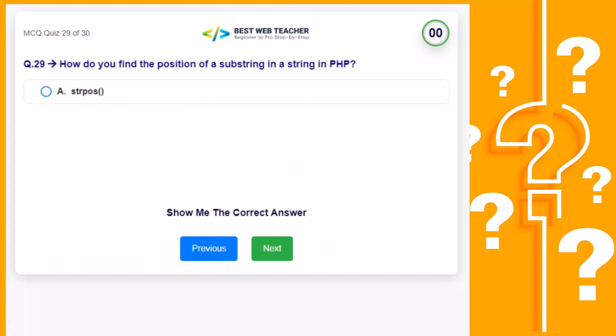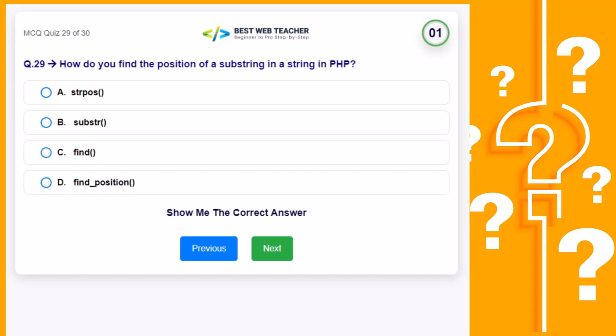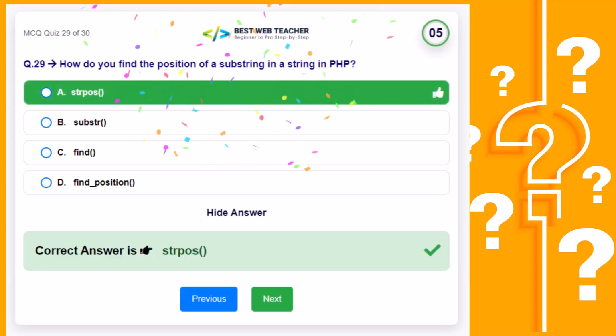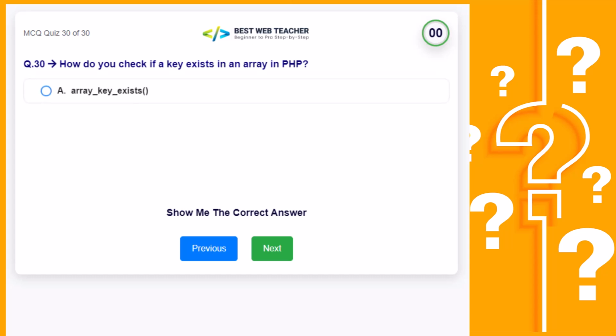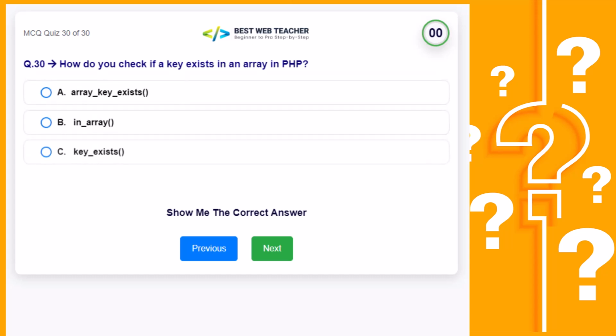How do you find the position of a substring in a string in PHP? Correct answer is How do you check if a key exists in an array in PHP? Correct answer is